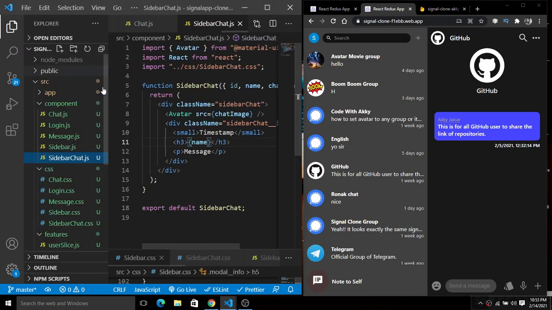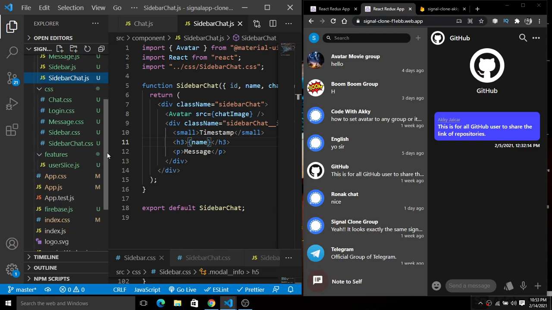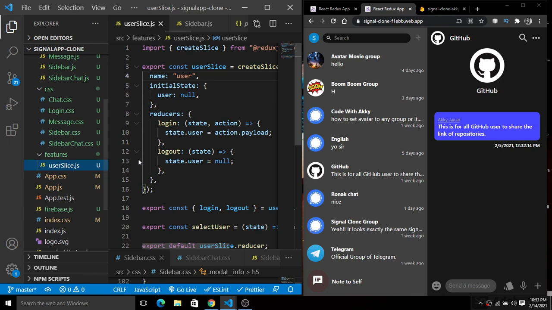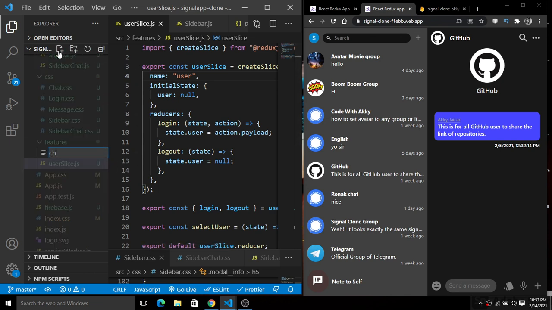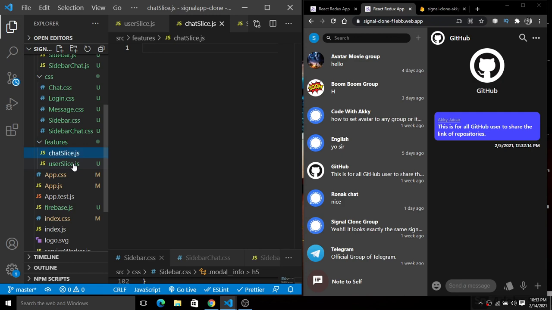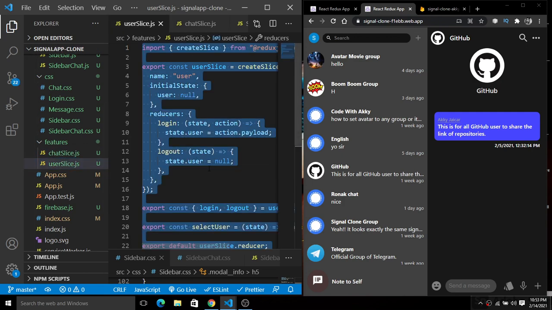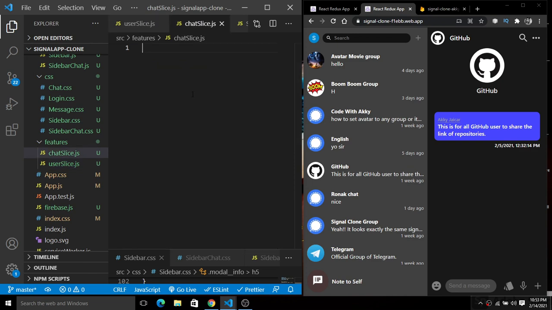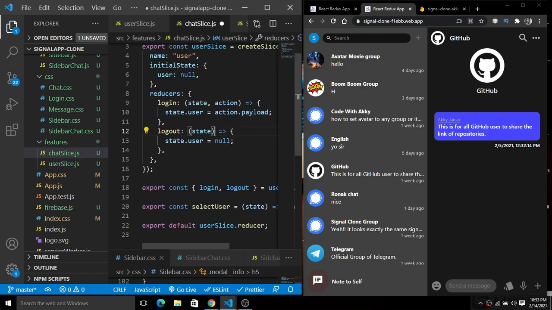Simply go back to your source directory, and inside of this source directory we have this features folder, and inside of it we have this user slice here. Inside of this features folder we will create another file called chatSlice.js. Now we will copy the user slice, paste it inside of this chat slice, and edit these things here.